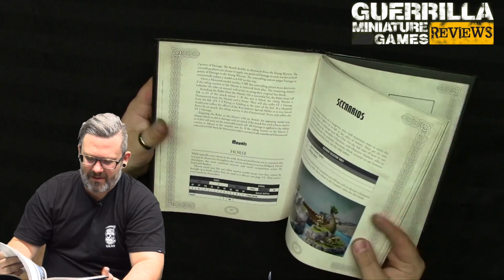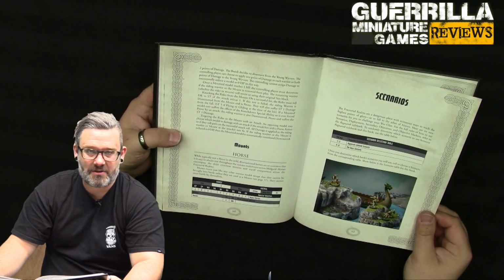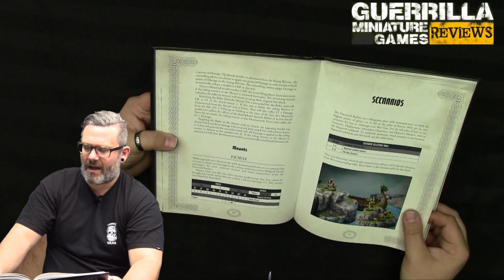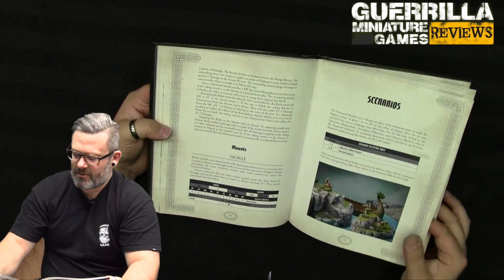And then you can dismount mounts, all the rules for that. Rules for horses, all the monsters, which already have their monster rules. And then new scenarios. So basically, when you're rolling for scenario now, when you're playing a campaign, you roll on a 1 to 3 it's from the rulebook, on a 4 to 6 it's from the Vanir book, and you